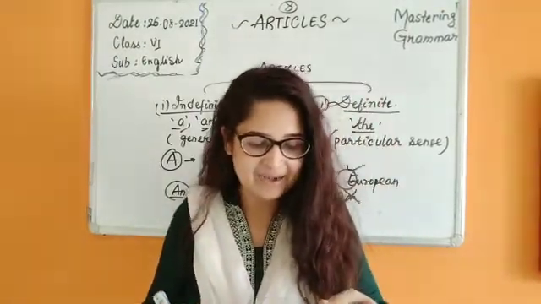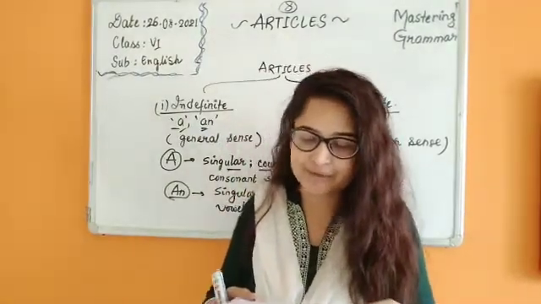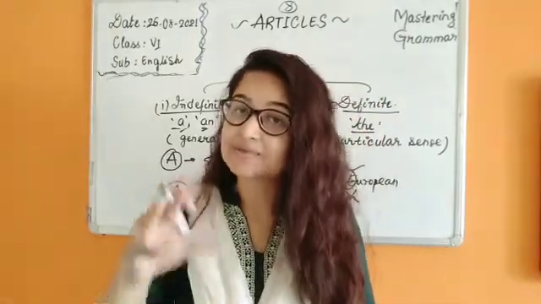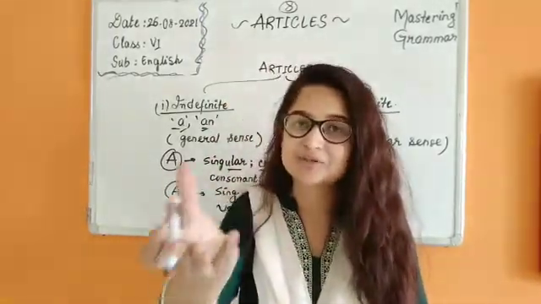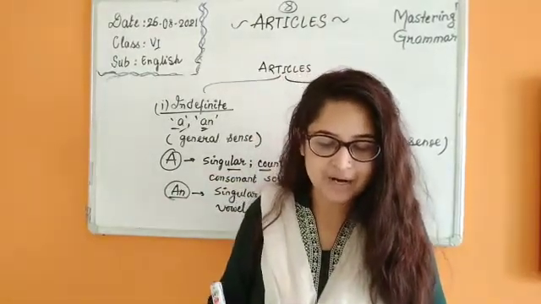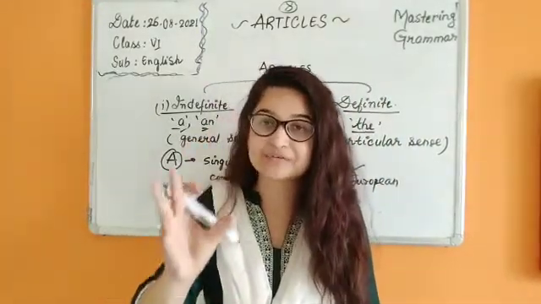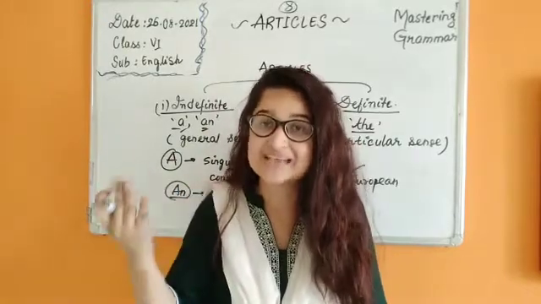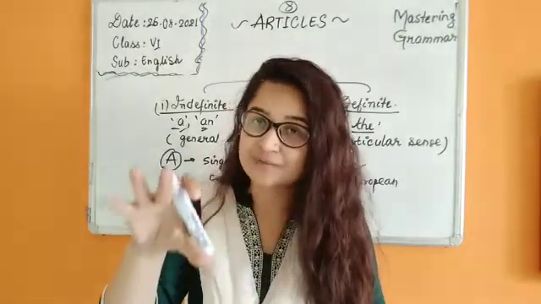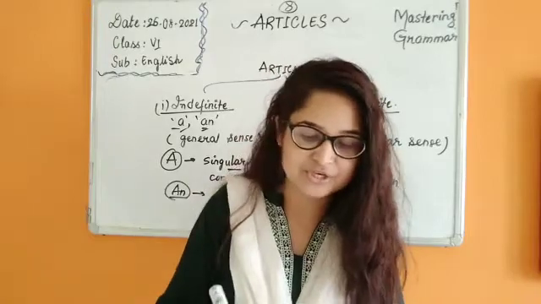Use of a and an. A and an are used to indicate one person or thing, and may be used for any person or thing. Like, a puppy came running towards me. So I am talking about a general puppy, I am not talking about a particular one. To show a kind, a class or a species, like a bonsai tree. Here you can see I have a bonsai tree. That means the class of that bonsai tree I have, the species. Here a bonsai refers to the species of trees.